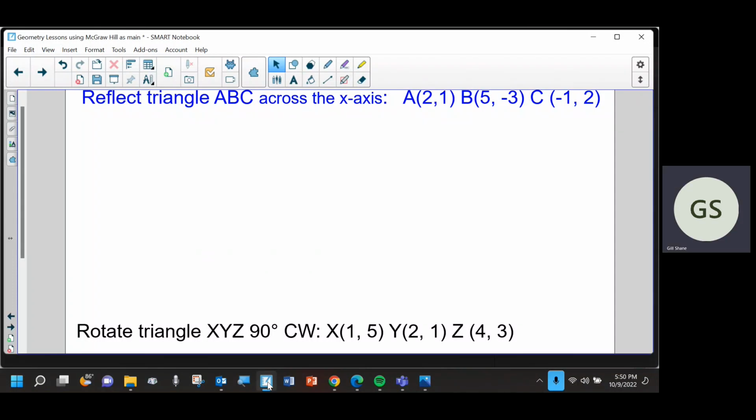So we just had the transformations quiz,